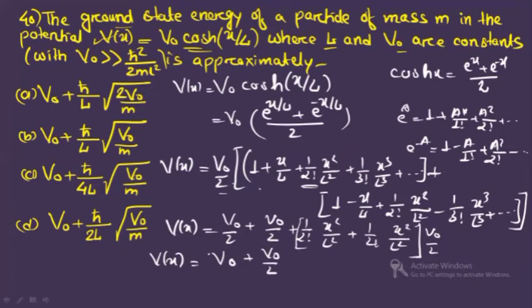When you take this x square by L square common, and 1 by 2 and 1 by 2, you will have something 1 by 2 plus 1 by 2. That means it is only 1, half plus half. So you will have here V0 by 2 x square by L square. Correct? So if you see this, it is V0 plus half V0, and here again you are having x square by L square. So this is x square, L square, I'm taking this side. This is half k x square in this form. Yes or no? This is the form.